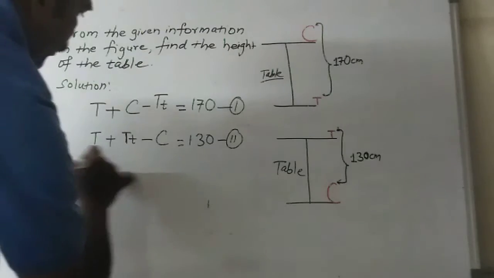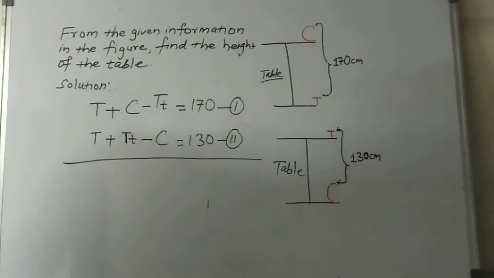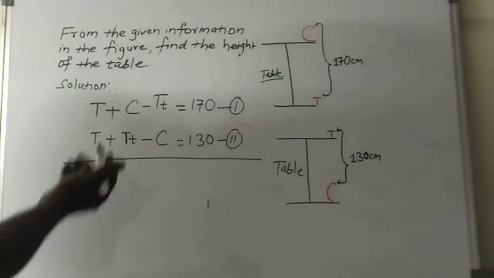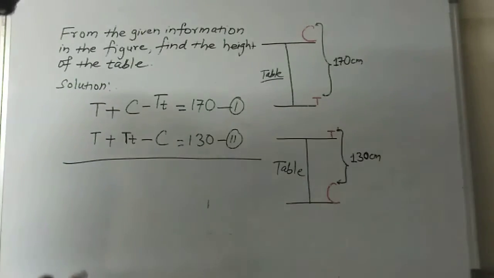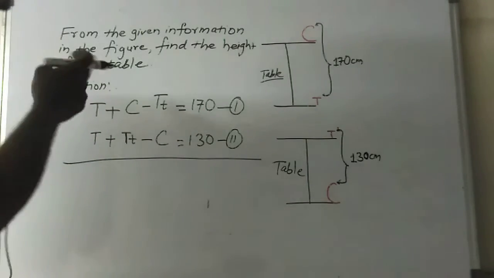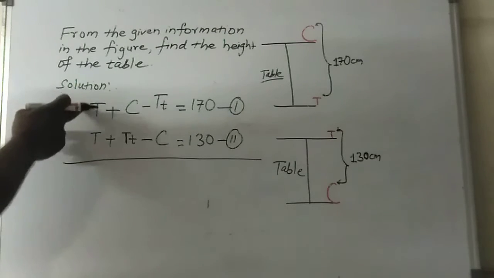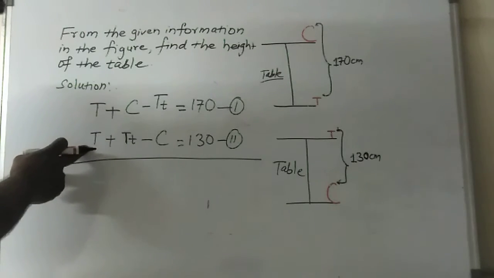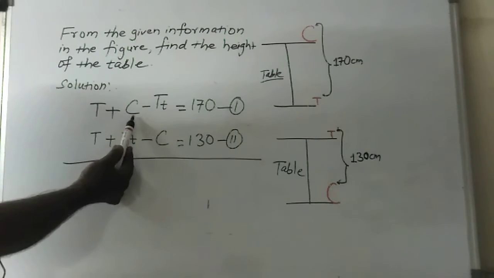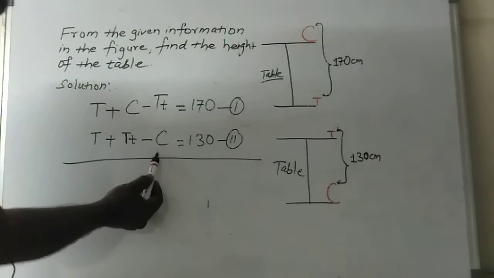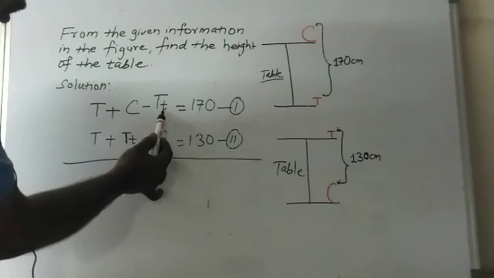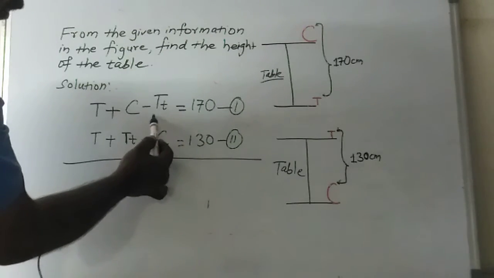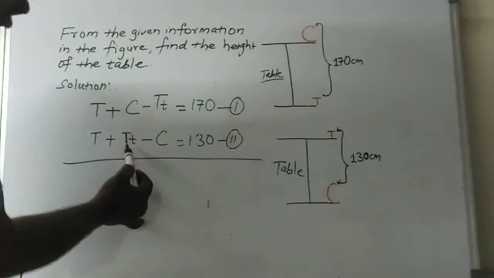Now in order to solve it, these are actually simultaneous equations. Here we can see that there are 3 different variables and we have to find out the height of the table. The height of the table is given in positive value in equation number 1, and in the second equation it is also positive. But if you check the height of the cat, it's positive in case number 1, while it is negative in condition number 2. Height of the tortoise is also repeating, but in condition number 1 it is negative, in condition number 2 it is positive.